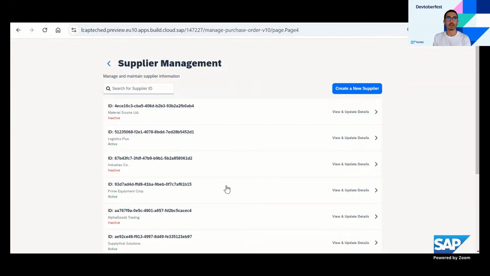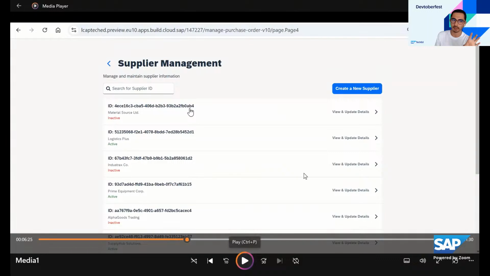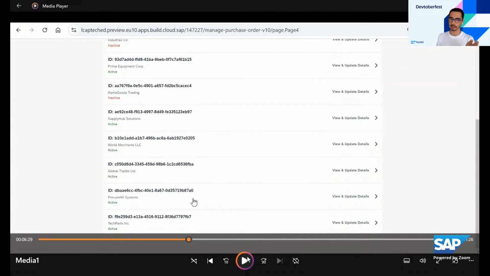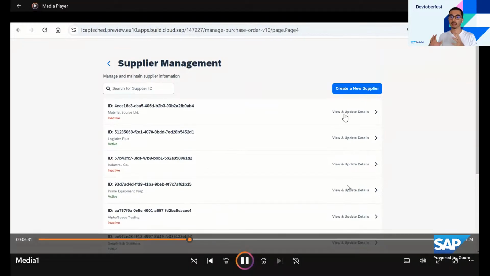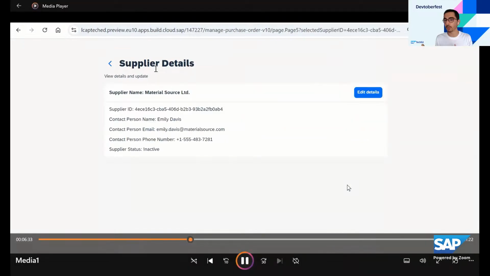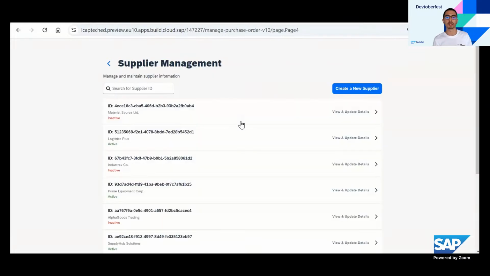First, this is the supplier management table. So here in this table, you can see that we have the ID in the first line and material source, which is the name of the supplier, in the second line. This is the default behavior of this template. But again, maybe in the real world, based on your business needs, you want to have the supplier ID in the second row and supplier name in the first row. Okay, so this is going to be our third adjustment of this template, because this is what you need, let's imagine. So to do this,